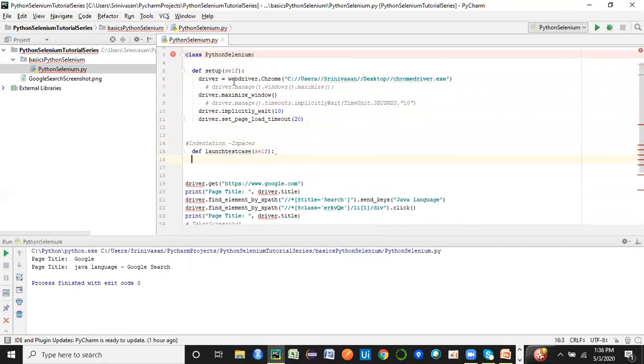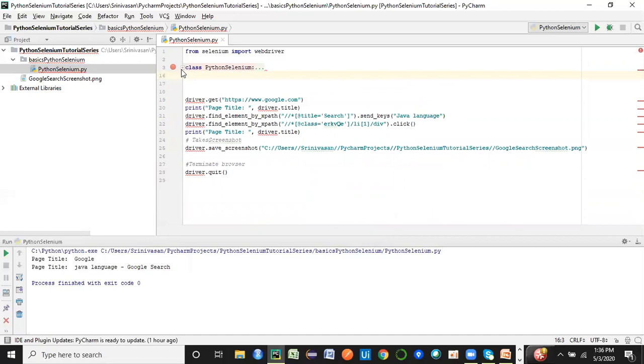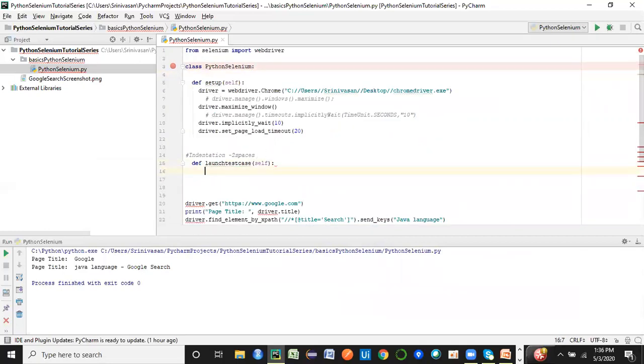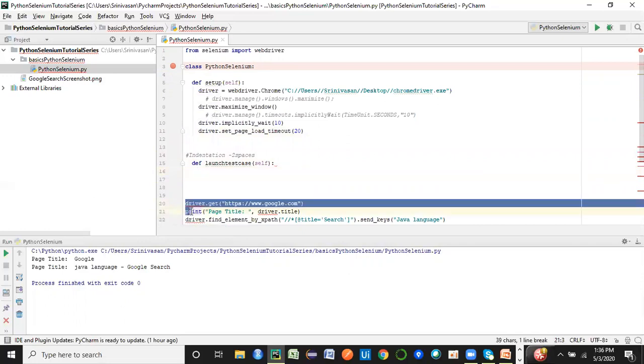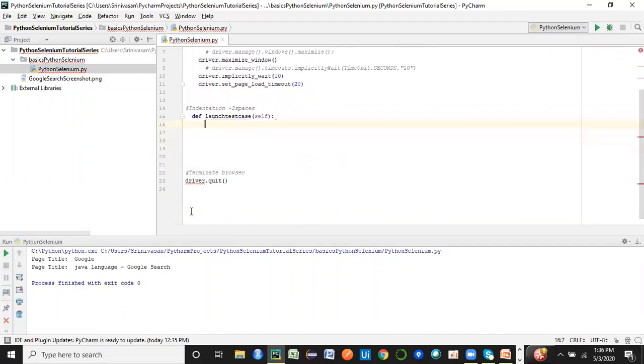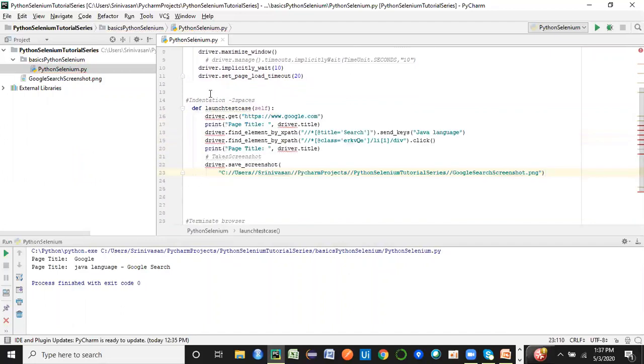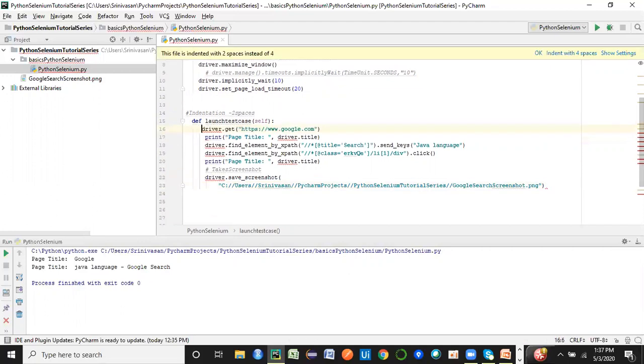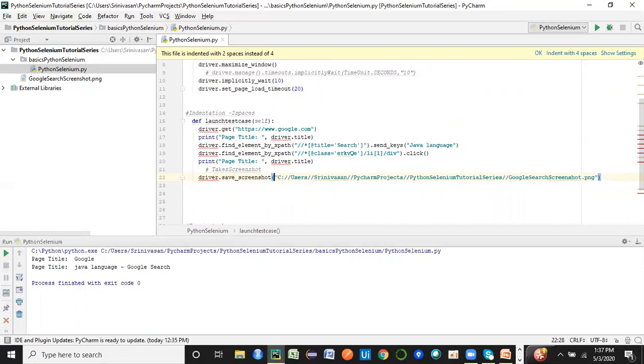And if I collapse it, see, both the methods are included as a part of the class. So now again, let's give an indentation, the same indentation as this one. So we can put these lines of code as a part of this method. We have to adjust the indentation. That's how the scope is defined. Otherwise, it will throw you an error. And we have to complete this particular block of code.